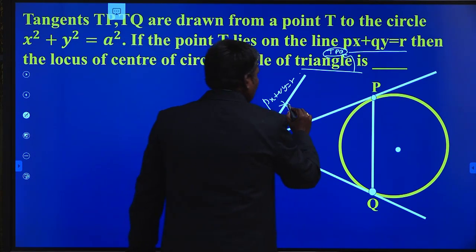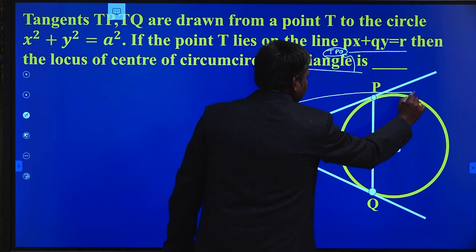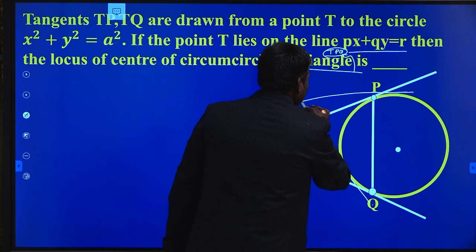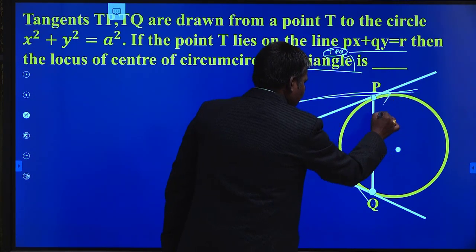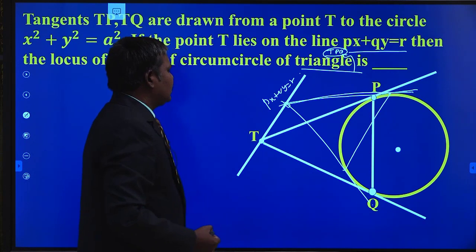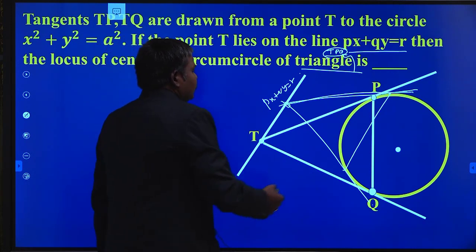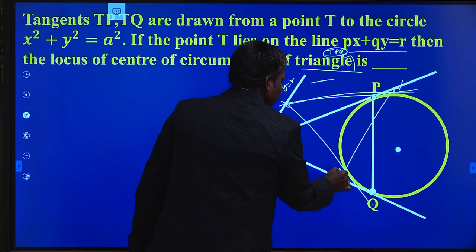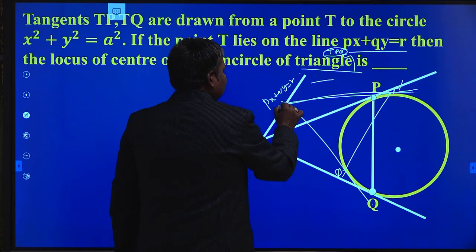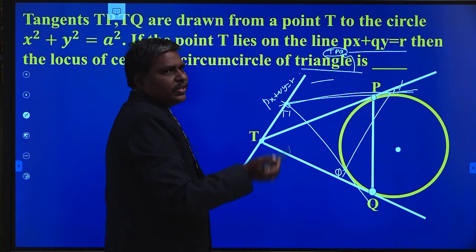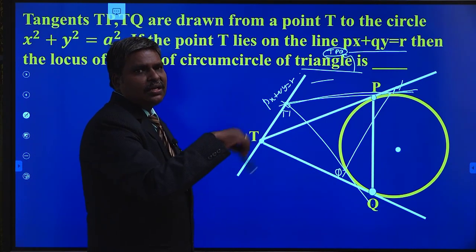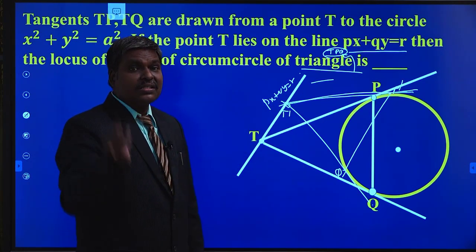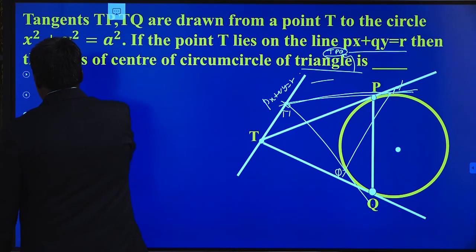Just I would like to show one more thing. This is one of the tangents. This is the other tangent. These are the points of contact. In this manner, there exists a polar. So there exists another triangle, P dash, Q dash, say, with a T dash. So the triangle is varying. Once the triangle is varying, its circumcircle is varying, and the corresponding center should change. So you collect all those centers, and we get some locus. That is what you are going to find out here. Understand?